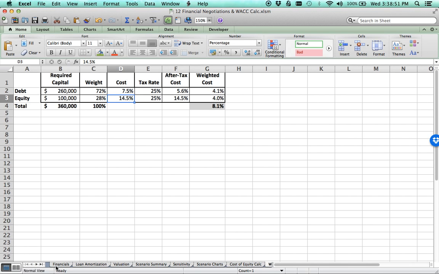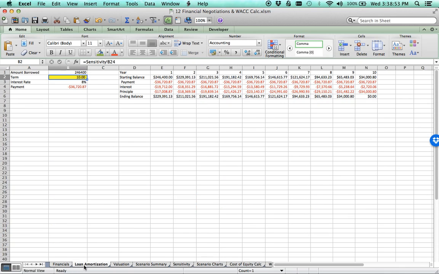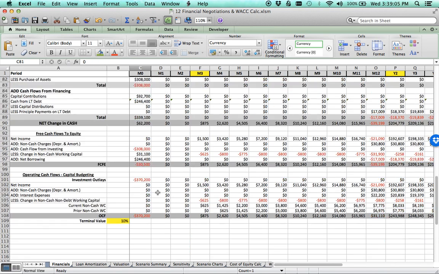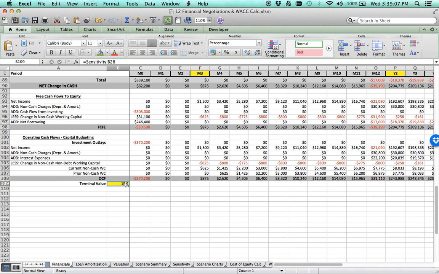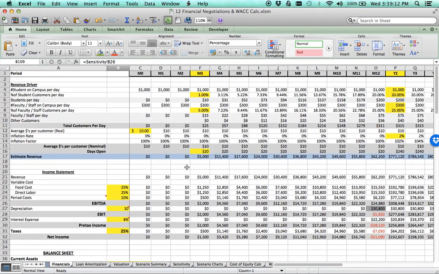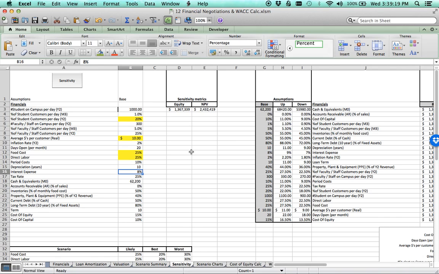Your initial thought process might be, oh, I will just go put it into the financials, but remember that all of those sorts of inputs have now been replaced with formulas. So, for example, the interest rates and all that sort of stuff, all that's been replaced with formulas now that refer back to the sensitivity sheet. So we need to replace it there. All right. And so what we're going to do is we are going to go in and